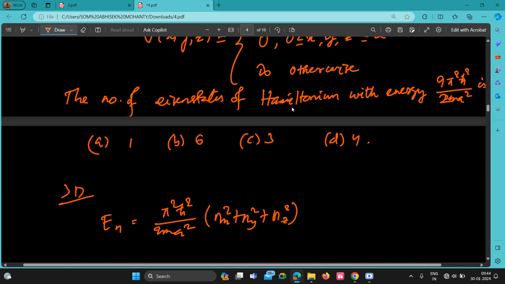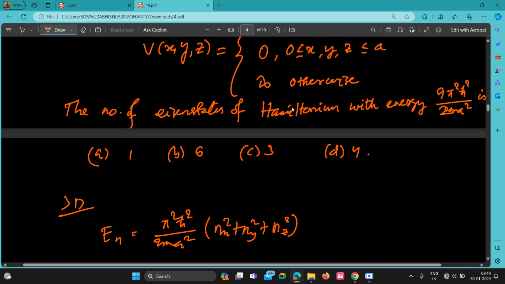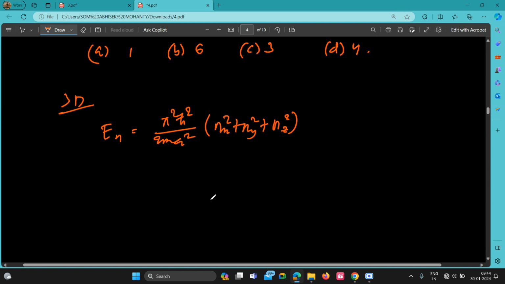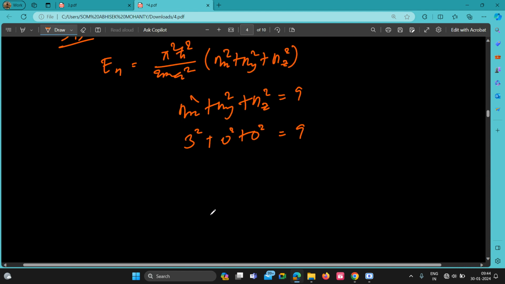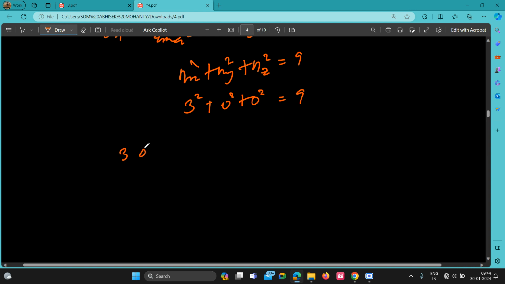The question is the number of eigenstates with energy 9. So how can I get this value as 9? If I write 3 square plus 0 square plus 0 square, that is 9. That means 300,